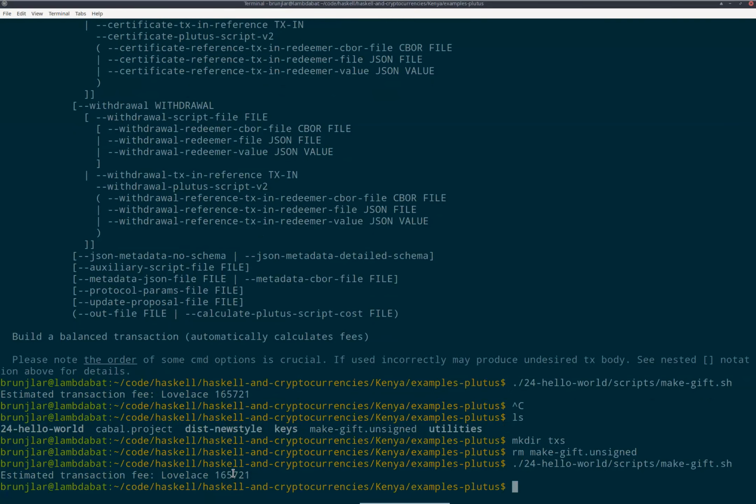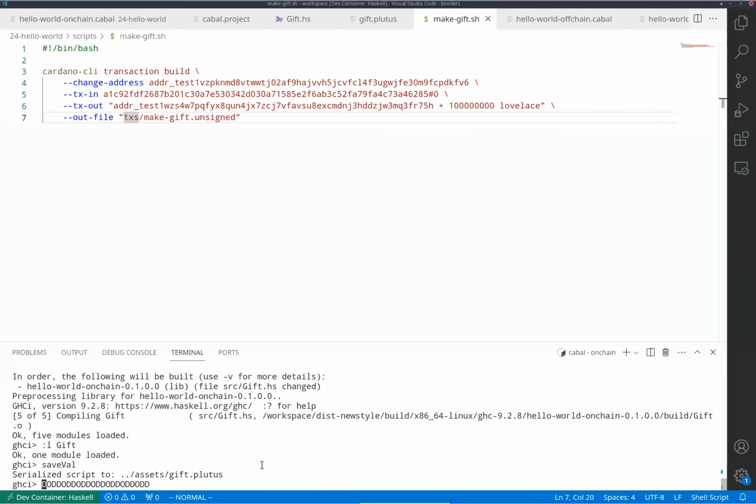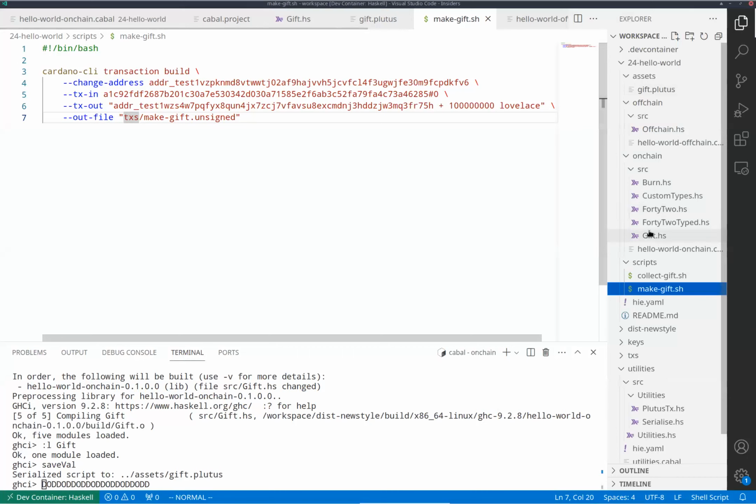Okay, so that would now be this, and this would be the transaction. However, as I said before, we need a datum. If we don't attach a datum to our output, the gift will be unspendable. We can take an arbitrary datum, but there must be some. And so now the question is, how do we do that, and how do we put that into a JSON format? Again, this helper library that I created,